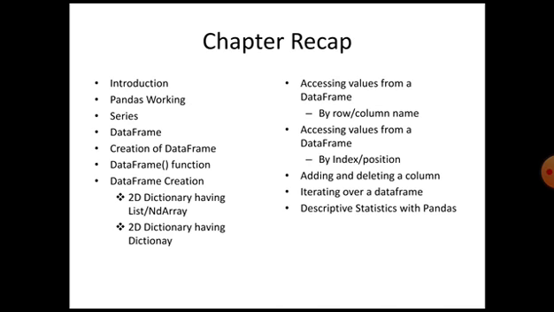And up to my last video, I completed the topics pandas, Python pandas, and in that I told you about data frame creation, working with data frame, adding, deleting rows, iterating data frame, and descriptive stats function with pandas.